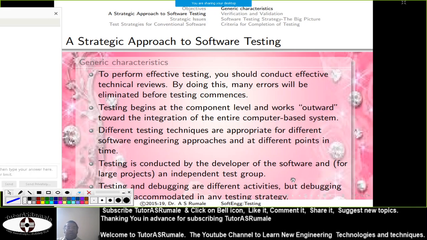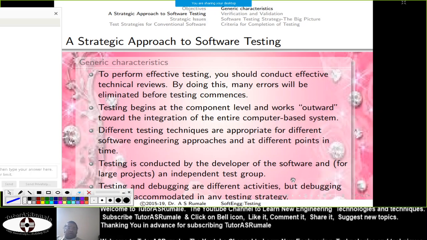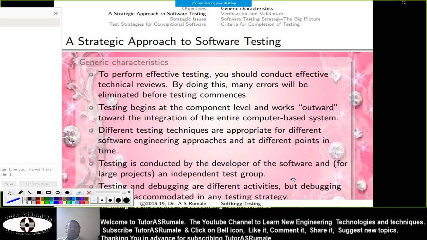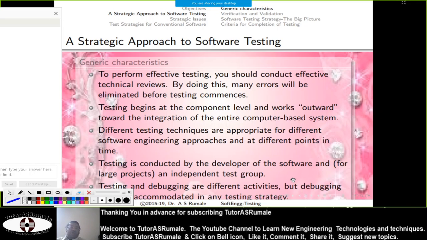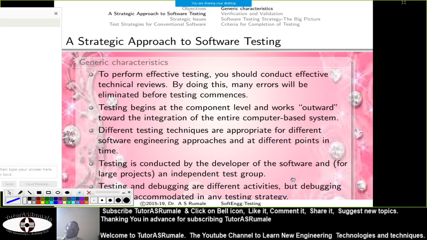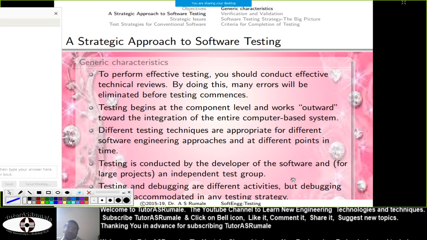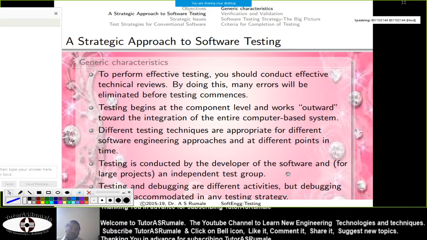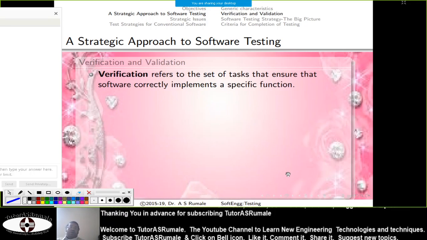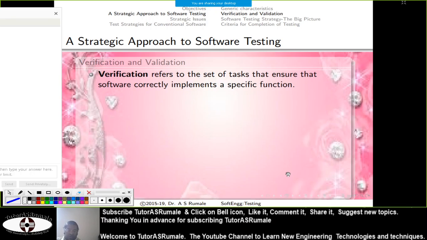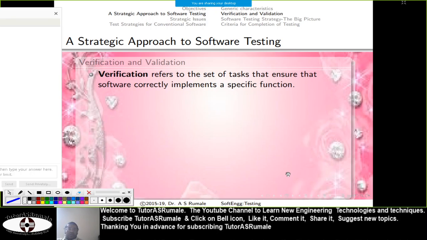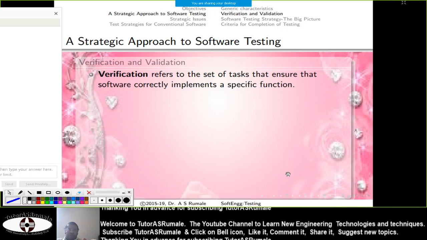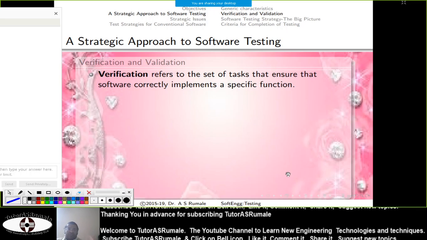Testing and debugging are different activities. Testing identifies the errors in your software. Debugging is the process of removing those errors by adding new code or by correcting the existing one. If you take this analogy with doctors, when you go to the doctor, the doctor diagnoses you, and that diagnosis is called testing.